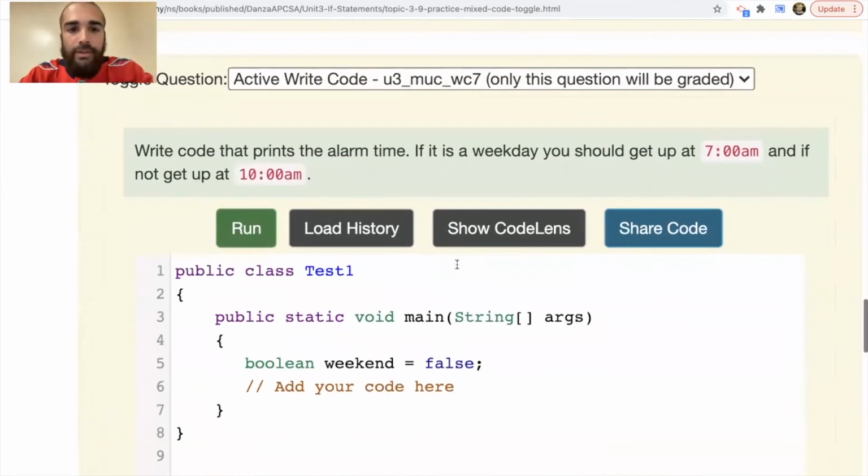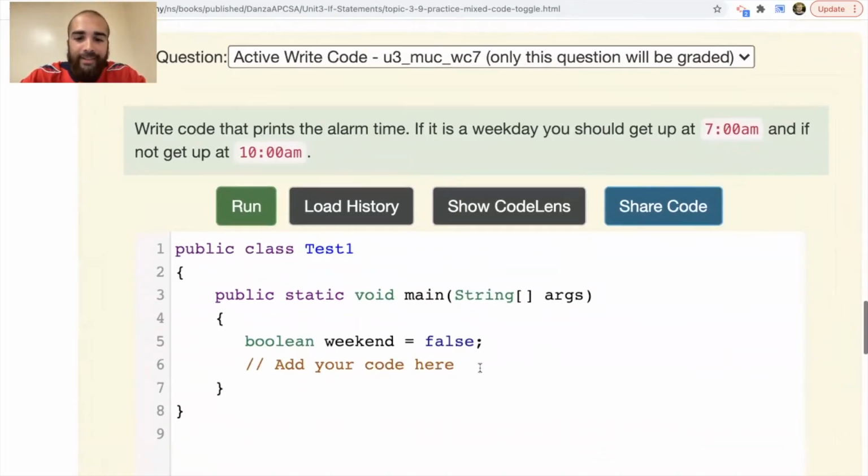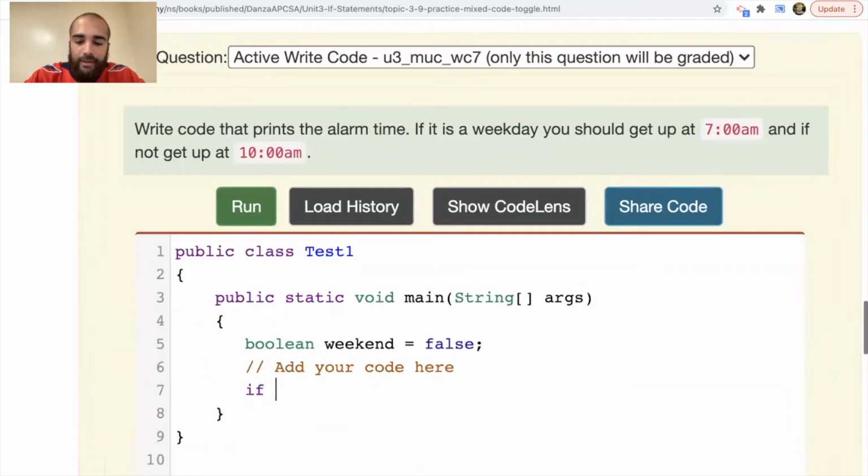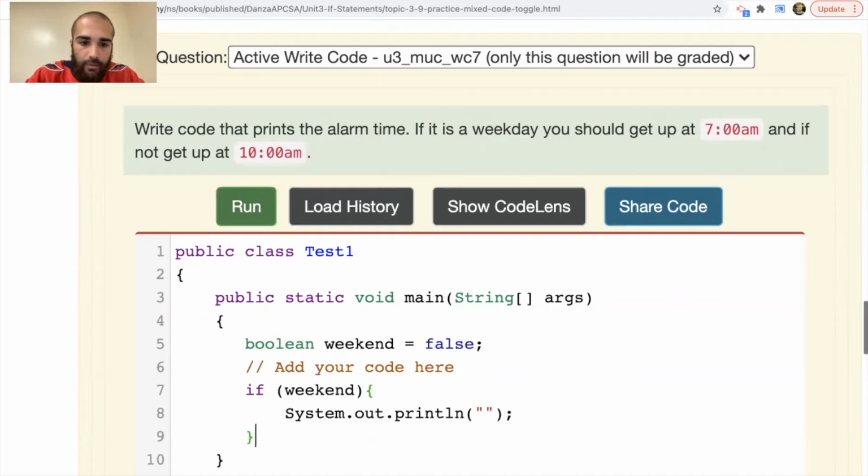All right, write the code that prints the alarm time. If it is a weekday, you should get up at 7 a.m. And if not, get up at 10 a.m. All right, so if it's the weekend, then I'll say System.out.println 7 o'clock a.m. Anytime else that isn't the weekend,